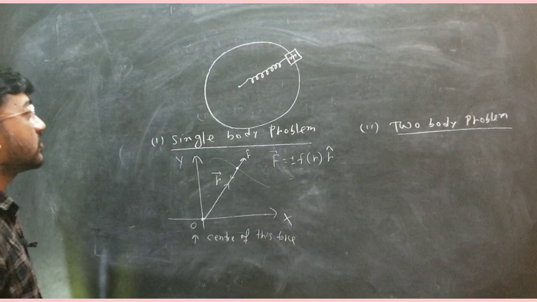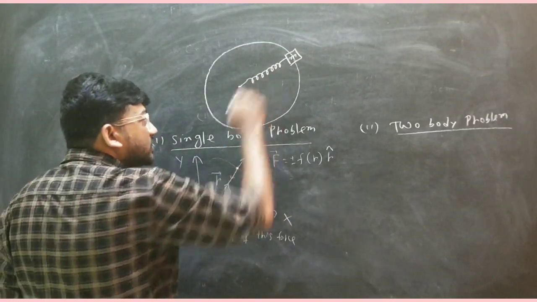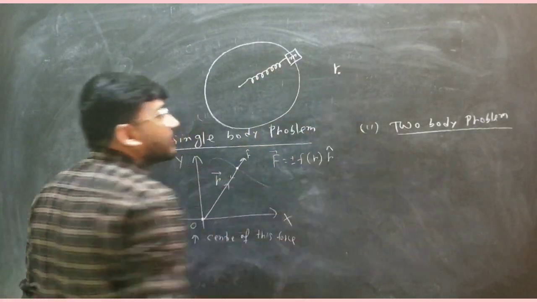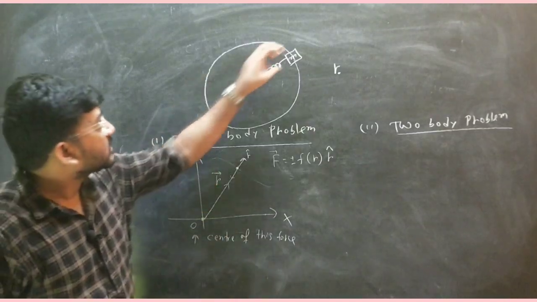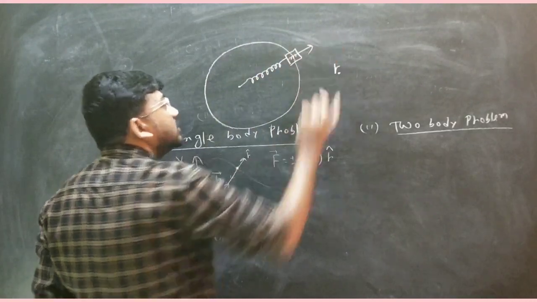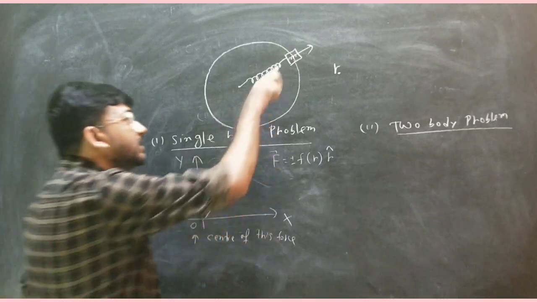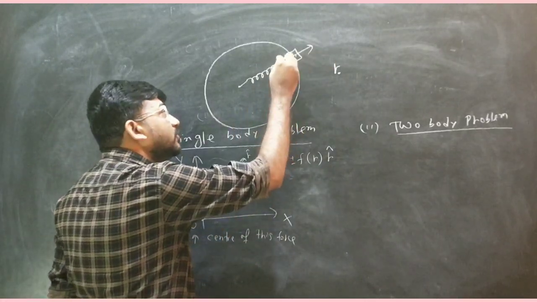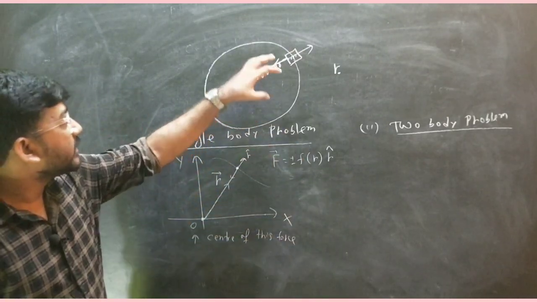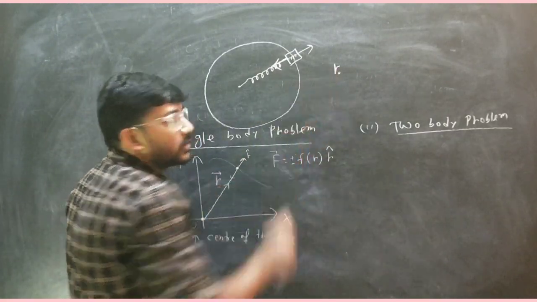It's a circular motion, suppose, and the unstretched length of this string is r naught. Now if it is stretched along this direction due to this force, the central force will be acting along this line. So if there is a force on it, there is an equal force along this direction also, that is nothing but the centrifugal force.